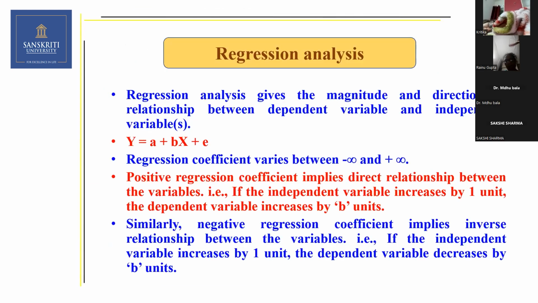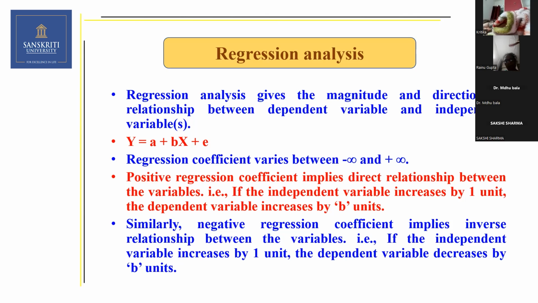Now I'll give you some examples later. I'm just going to the theoretical part first and then go to the case studies. Then you have regression analysis. That is, you can predict a dependent variable based on an independent variable. Y is a function of x: a plus bx plus e. Why I'm saying error is a part: whether I predict that Sanskriti University students should get 90 marks out of 100, but they may not get. This is my prediction. They may get 89 or 91, that is error. The difference between my expectation and their real is error. That is the reason y is a function of a plus bx plus e.